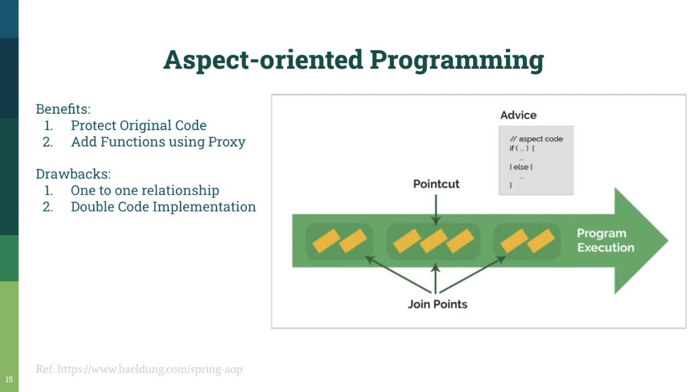So now let's talk about the second special feature, aspect-oriented programming. This is a programming paradigm that aims to increase modularity by allowing the separation of cross-cutting concerns. It does this by adding additional behaviors to existing code without modifying the code itself. This is done by inserting several aspects into the code through advice to join points, which satisfy some point cuts,